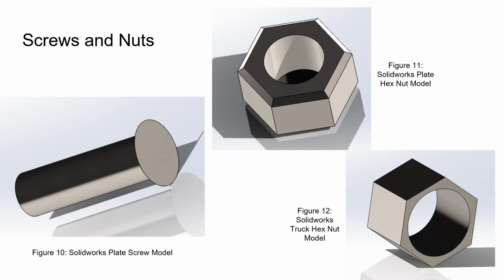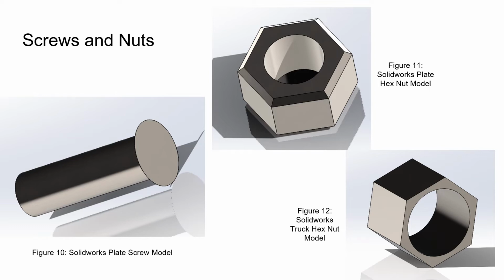From left to right, figure 10 is the screws that actually hold the board part of the assembly to the plates under it, and also hold those 2 pieces to the trucks. We modeled these screws using the extrude boss base feature, and figure 11 shows the SolidWorks hex nut model. This is what screws onto these screws and also helps keep the board connected to the trucks and the plates